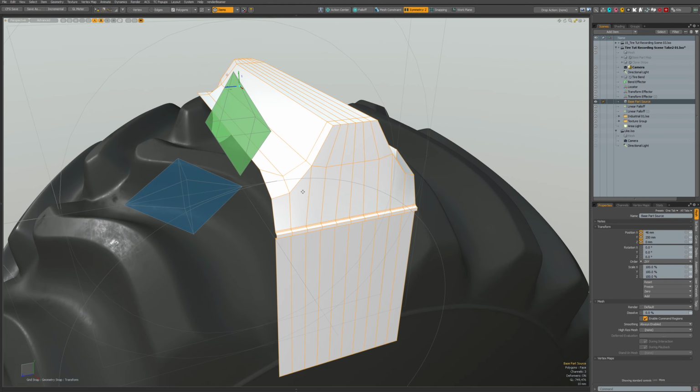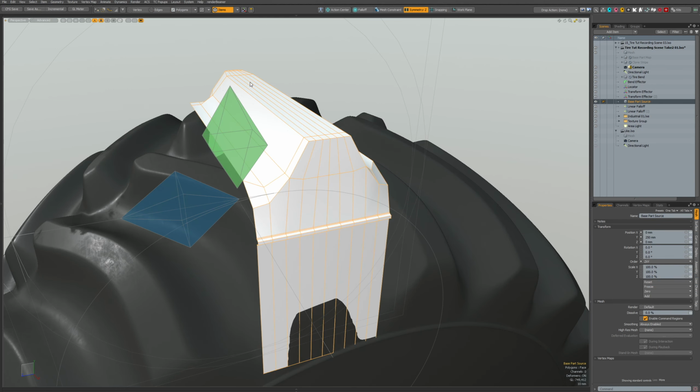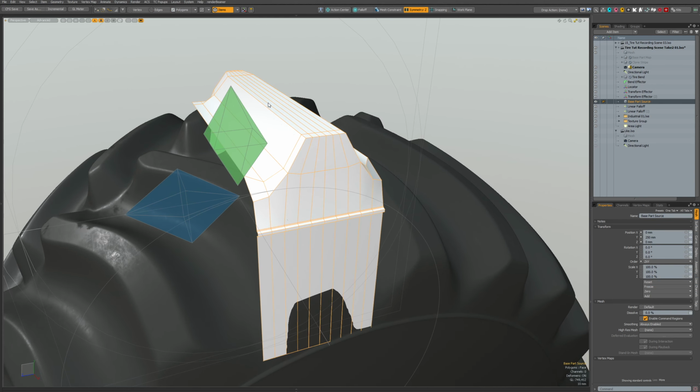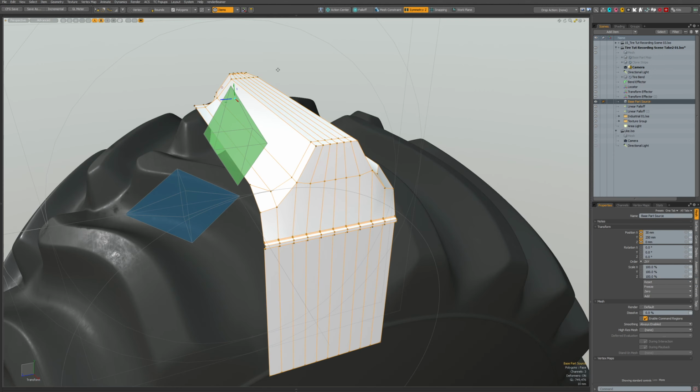One thing I want to do is I wanna add a little hole. Oh, what did I do? Too much. Let's hide those locators.